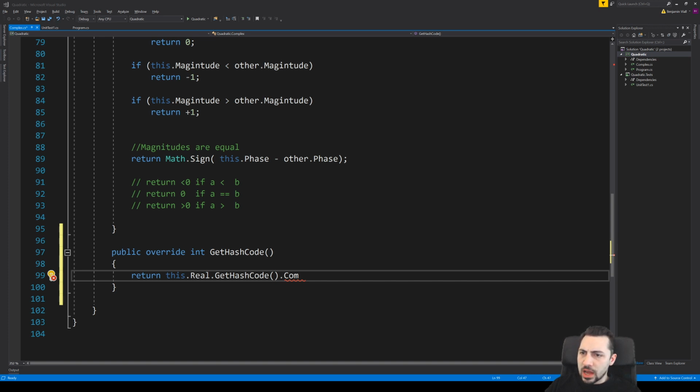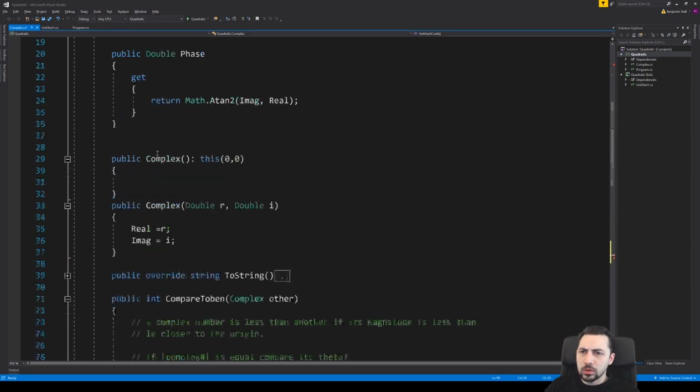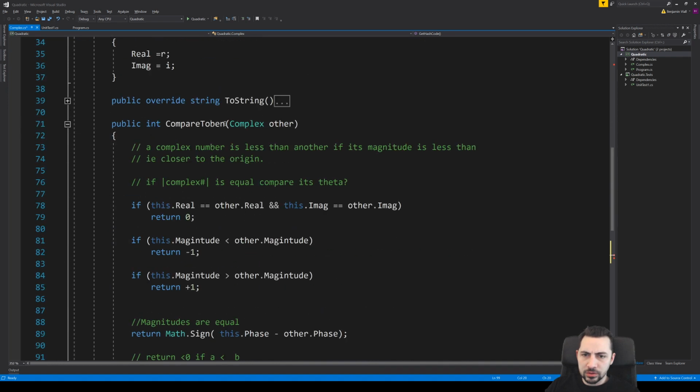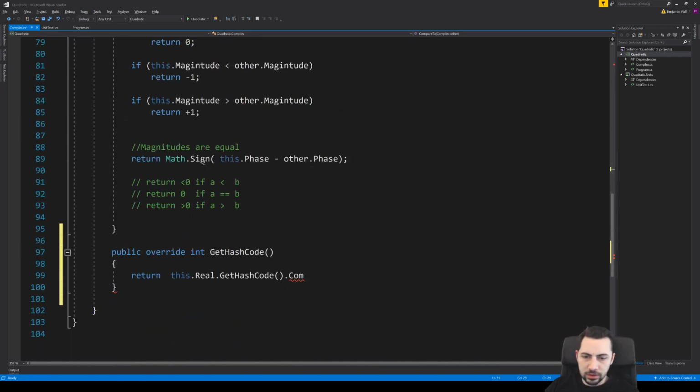Oh, but am I in .NET Core 2.0 here? I might be. But it is there. Struct HashCode. Having some difficulty. Oh, because there's already some errors here, probably.